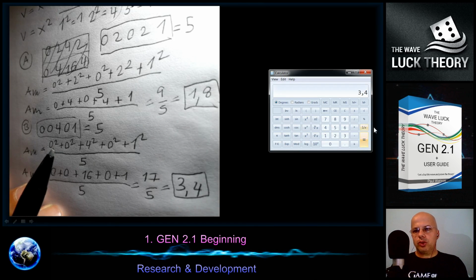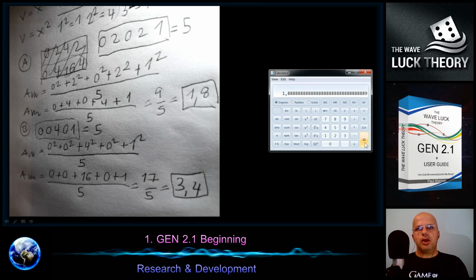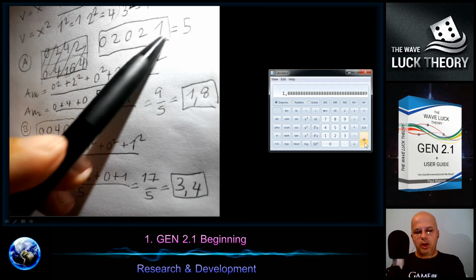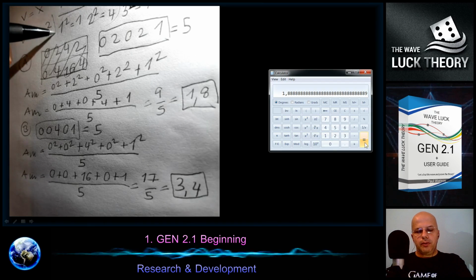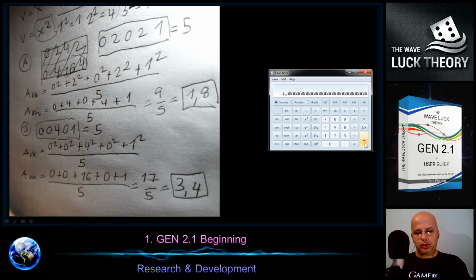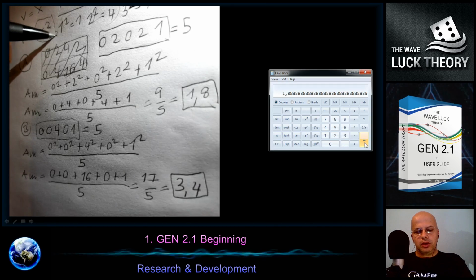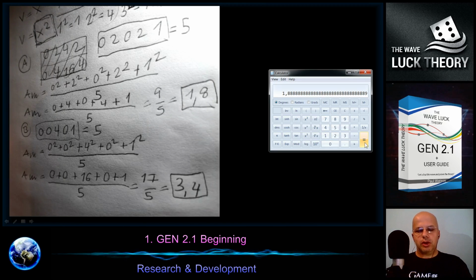Also, if I do 3.4 divided by 1.8, it is actually 1.8 times more value than the first result, this wave. So in this case, if we use this squared by 2, then we have a much stronger result. So that's the first rating I plan to add into the gene 2.1,